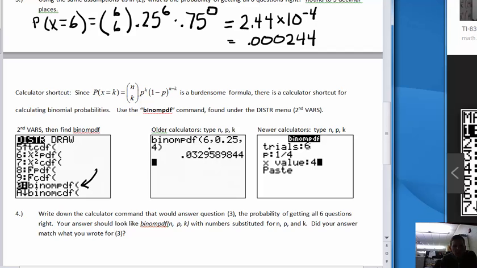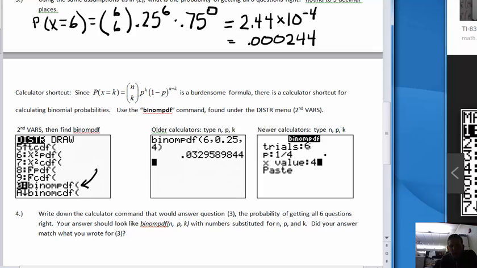On older calculators, you're going to be asked to type in 3 things if you're going to use this shortcut command. You're going to be asked to type in N, P, and K. Think of it as spelling the word napkin or nitpick. You're using some of those same letters here. So if you type in the number of trials, 6, probability of success, 0.25, and K, number of successes, you'll get that same 0.033 number that we did back when we did problem number 2 on the front side of